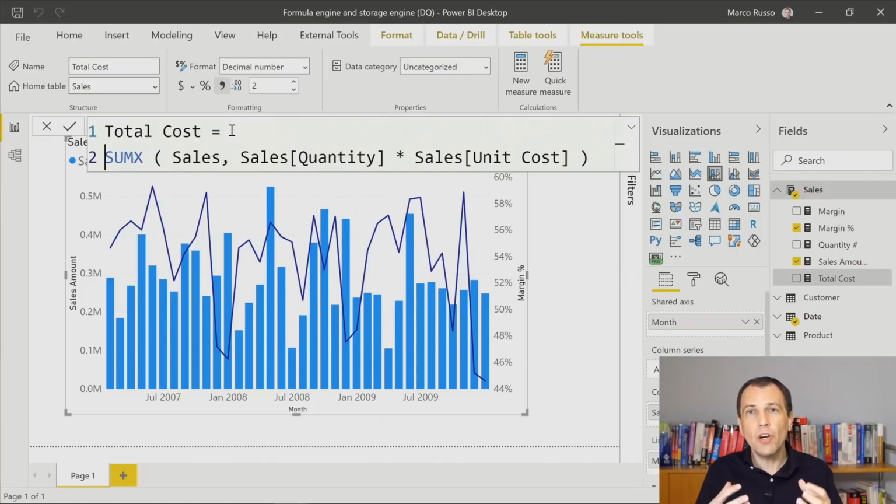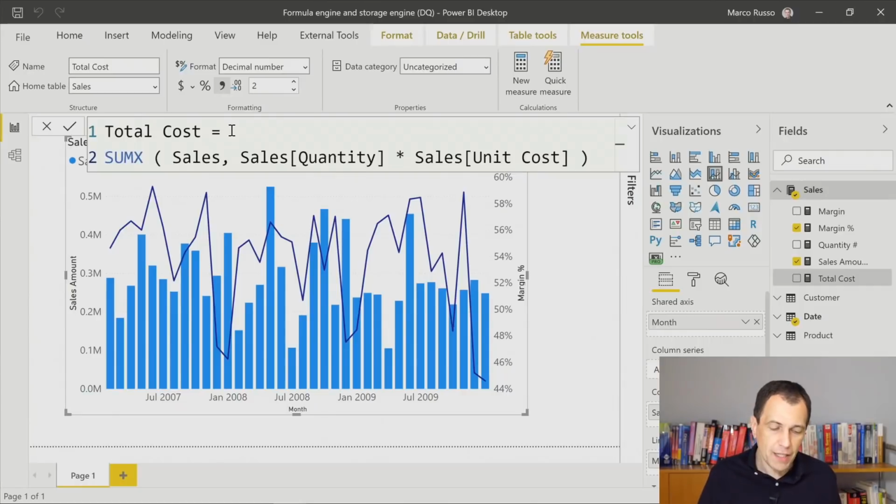So these columns are the columns where we have the raw data, the data that is in the storage. And only the storage engine can access this information. However, we didn't copy the entire content of the sales table. We will have 12 million rows. We only received one row for each month, which means that the storage engine request transferred a request to aggregate data. And because we have to sum the result of a multiplication row by row, I think that also the multiplication has been sent to the storage engine.